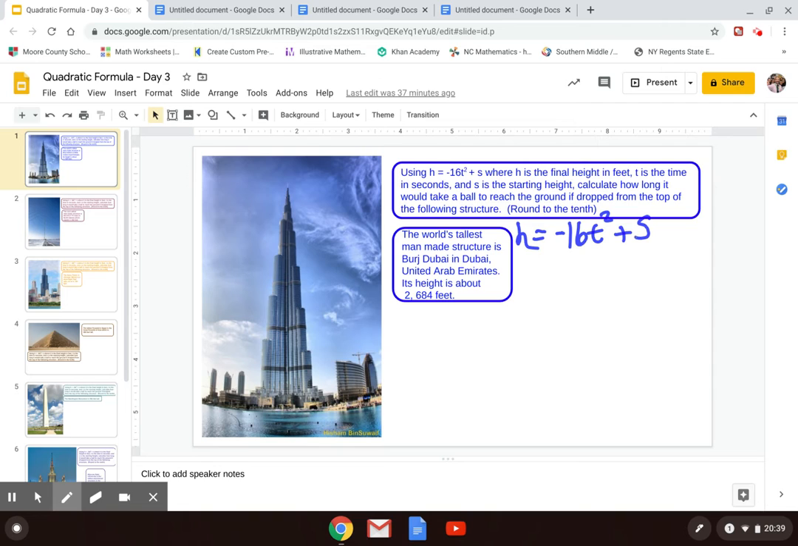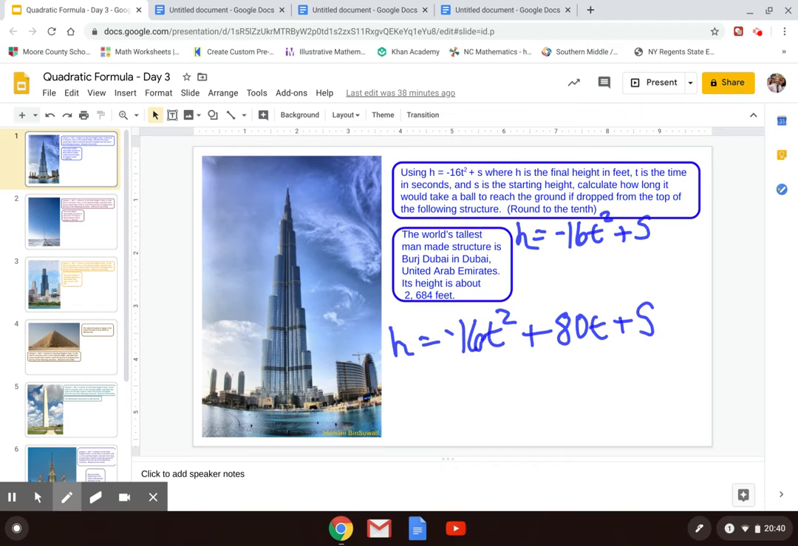Now, one thing you're going to notice that's a little bit different here is I have an a term, I do not have a b term, but I have a c term. And the reason I don't have a b is because when we're dealing with moving objects, that middle term, the bx, always represents velocity. So if this had velocity in it, it would be h equals negative 16t squared plus, for example, 80t